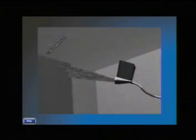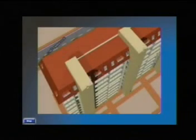The building structure is now ready to be finished and completed by installing internal and external doors and windows, floors, sanitary fittings, and finally